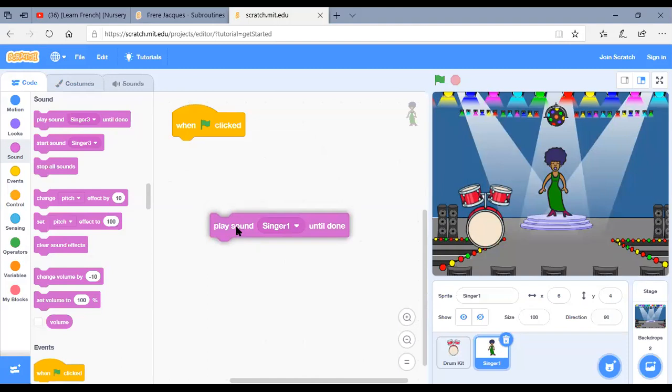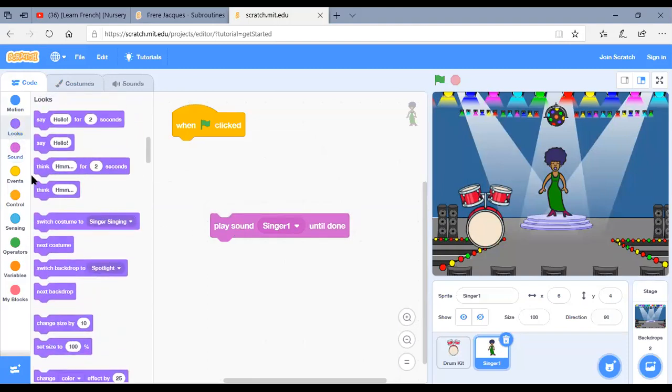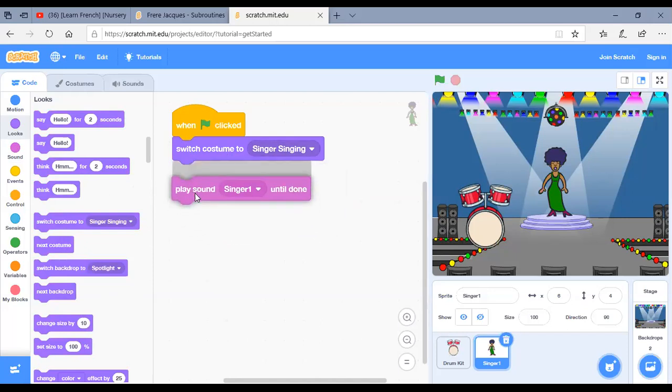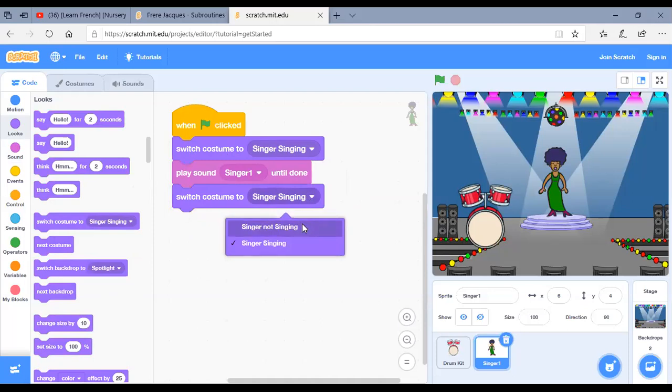You detach this a little bit, you go to looks, then you say switch costume to that block, you take it here and put it here and make sure that the singer singing block is here. You make the noise or make the sound, then you put this block and you make it singer not singing.